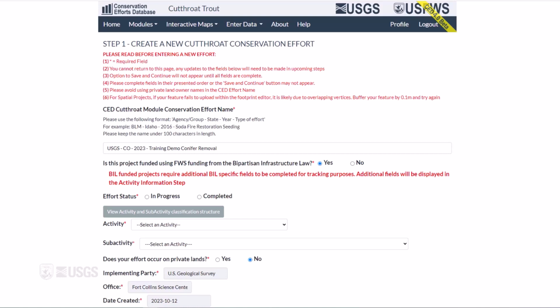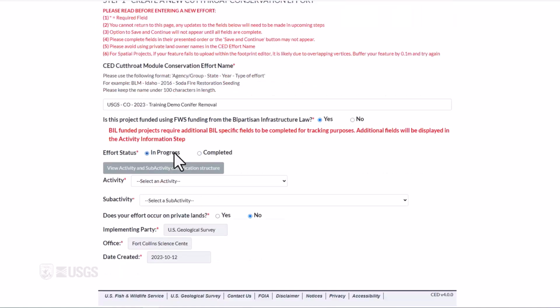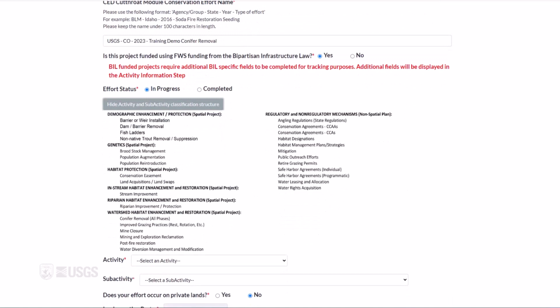Use in progress for actions that have just begun or may require multiple years to complete. Use completed for actions that are complete and no further efforts are planned. I'm clicking in progress. Click the View Activity and Subactivity Classification Structure button to view a list of activity types